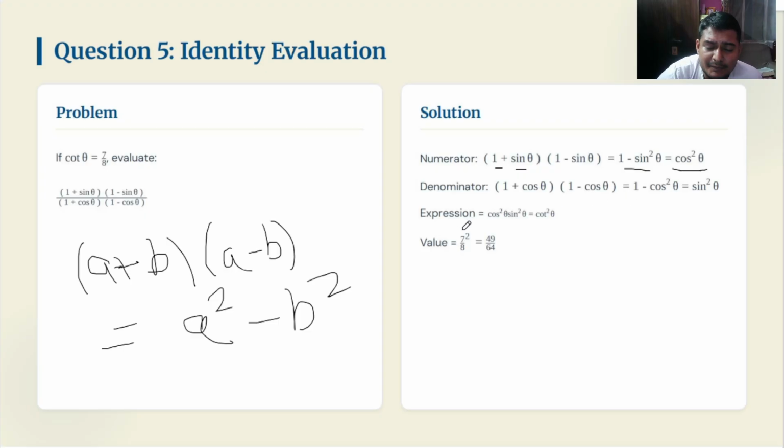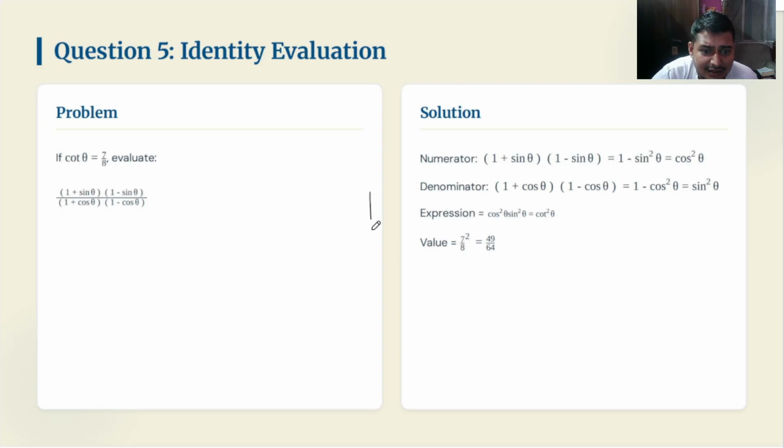And from the expression we know cot square theta is written over here as 7 by 8. In the numerator it is cos square theta, and in the denominator it is sine square theta. So again, coming to the relation here,